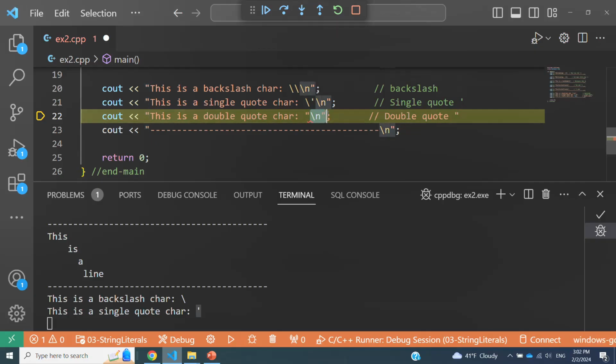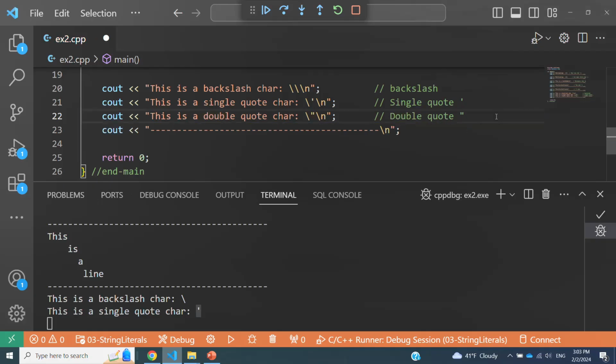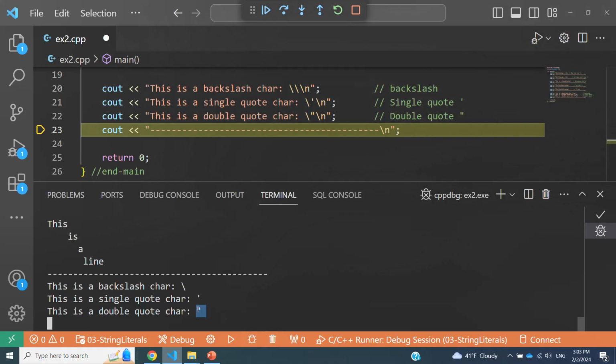And then the rest of this thing is supposed to be what? It doesn't mean anything. That's why if I would like to print a double quote character inside of a string, then I have to escape it. All right, so let me just continue and execute this. Then you're going to see that we are actually printing a double quote character.